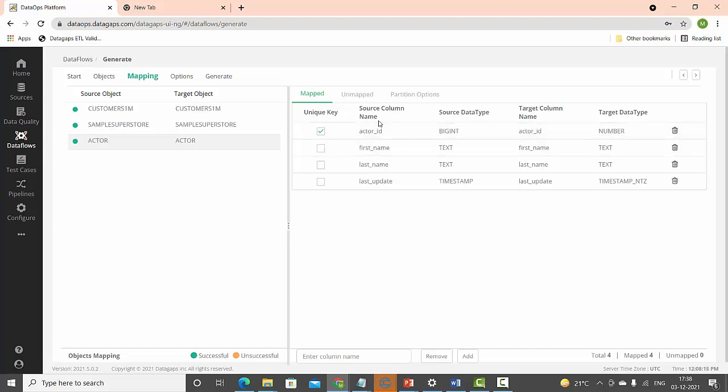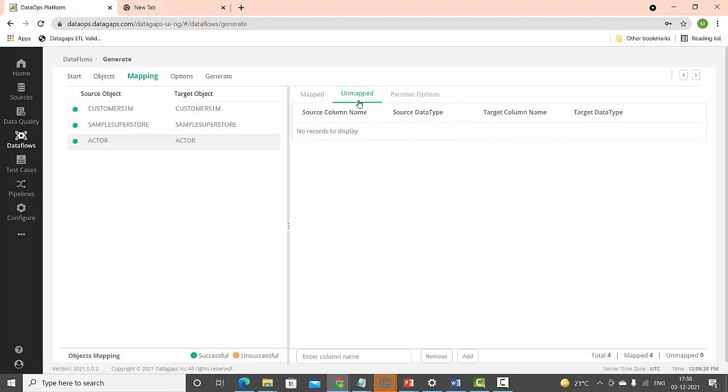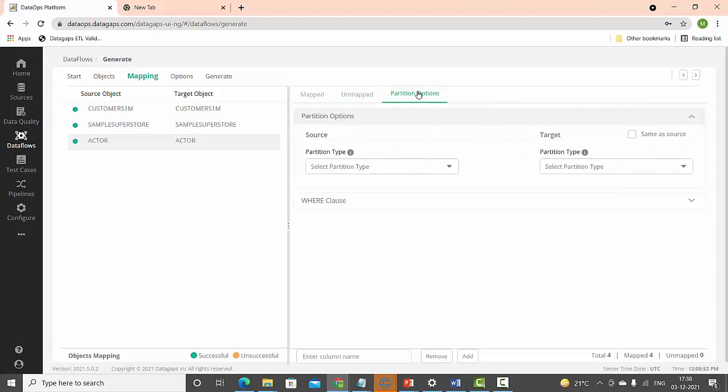Okay, once you select all these, at times there could be cases where you have extra columns within the target, or you may have a few extra columns in the source. If there are any unmapped columns, those are automatically populated here, because it automatically mapped all the table names and column names. If there are some columns which are unmapped, those will be shown here. You can always map it back, remap it, or you can always delete that as well. Okay, so this is the second step.